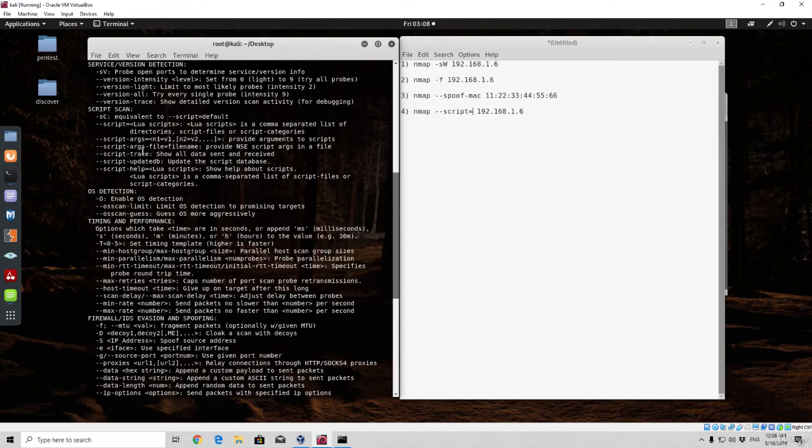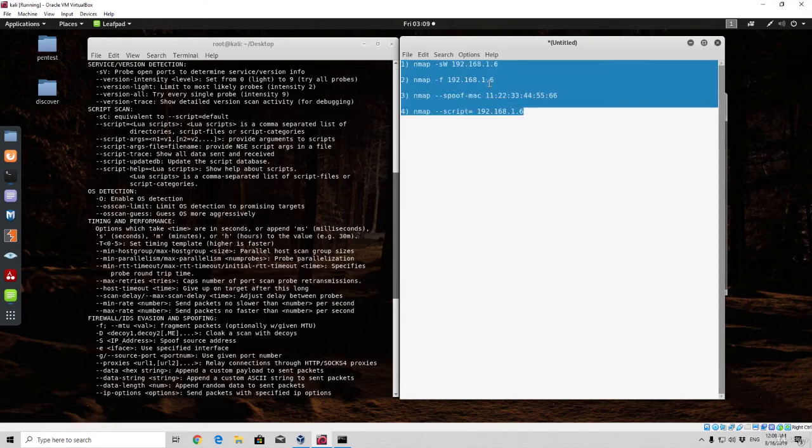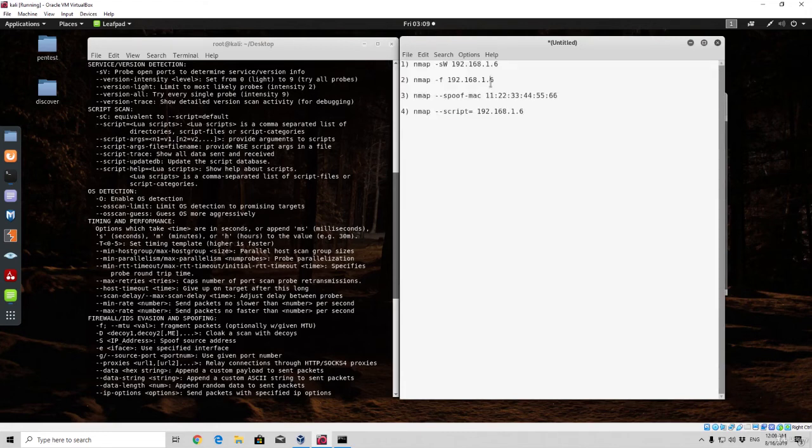Okay, so that would be basically about it for the evasion and bypassing of firewall. So these are the 4 options that you should basically consider. First one is the TCP window scan. The second one is fragmentation of packets. The third one is spoofing MAC address and possibly spoofing the IP address, which should be an option that is somewhere around here, but we will show them later on. And the fourth one is basically just mixing up different scripts that will by default automatically do all of these